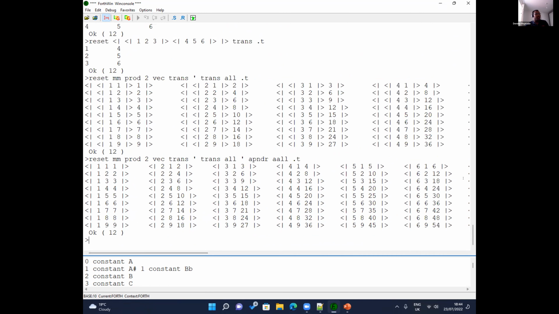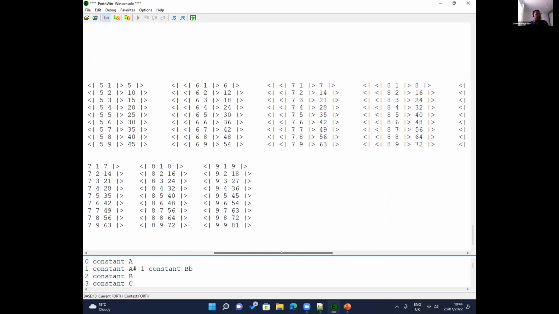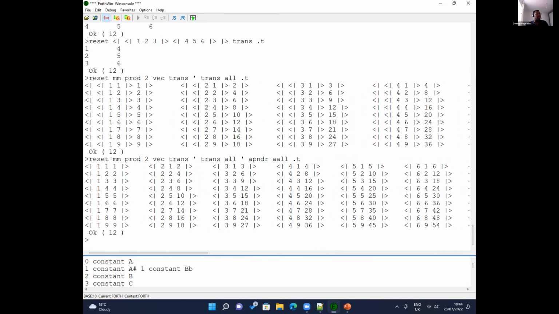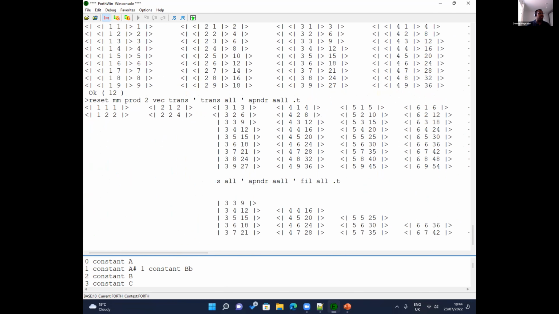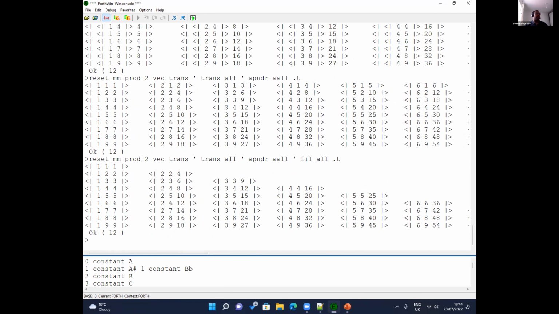So this here is a multiplication table, isn't it? And we have created this using two programs that we wrote before and some additional functions and combining forms. So essentially we've taken two programs and combined them together, which is quite powerful. The final step I did is just to filter out any results I didn't want using my filter word. And there you go. That just removes any